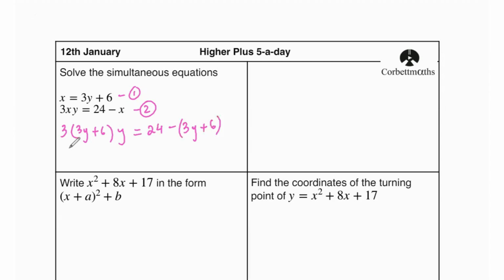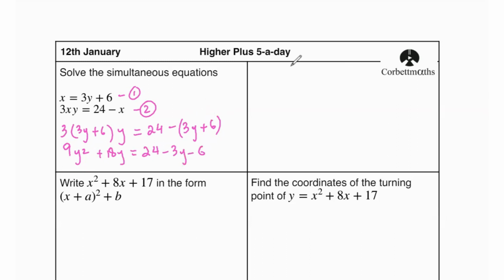That's going to give us 9y squared, because 3 times 3y times y is 9y squared, plus 18y, because 3 times 6 is 18 and 18 times y is 18y. Over, it's going to be 24 minus 3y minus 6, because the negative sign gets distributed with both the terms